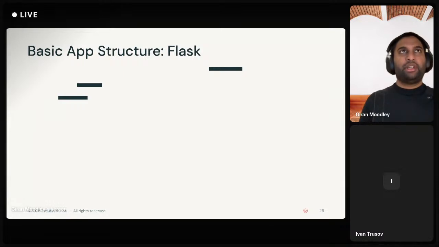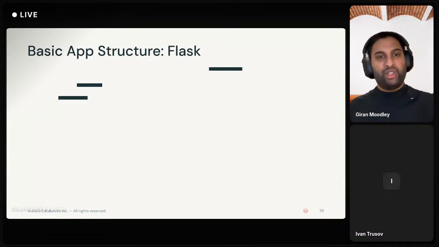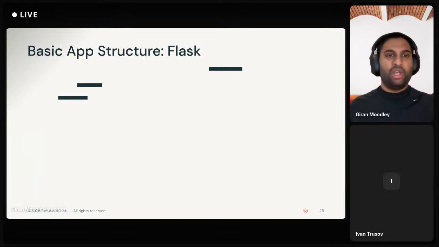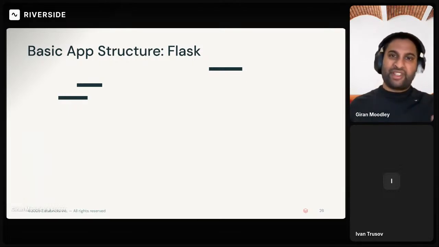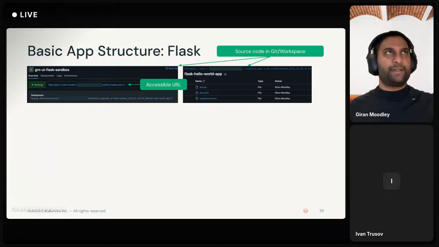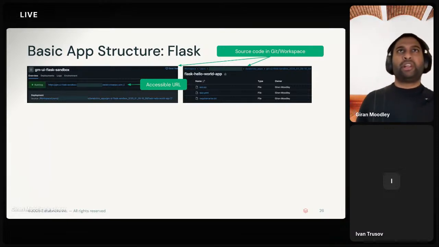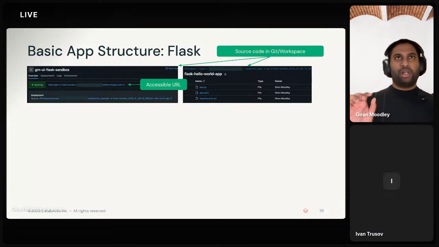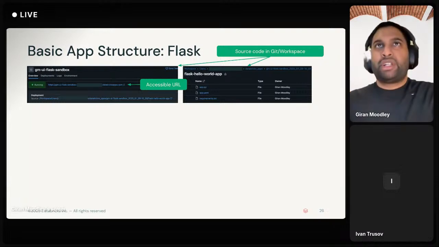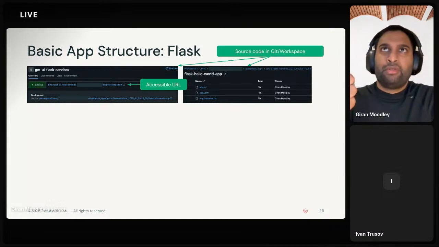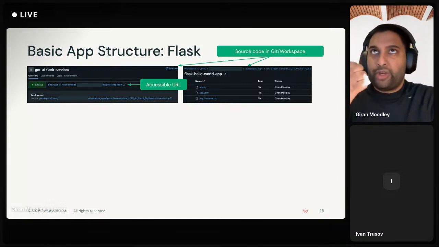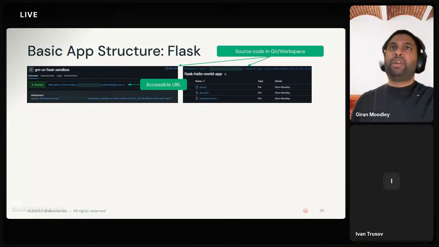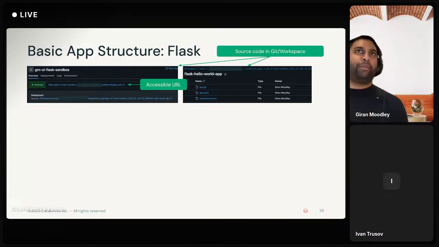Okay. In terms of building the application, I'll talk about using this from a Flask application. For those who don't know, Flask is a very standard application framework, which is used to serve web applications in this case. So in this particular example, what you're seeing here is a deployment where I've created a simple Flask application in my Databricks workspace, and I've got three important files here. These three files are app.py, which is the main code entry point, a YAML for the configuration, and the requirements text for my additional libraries.